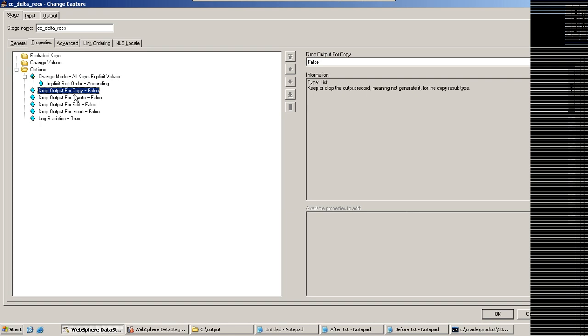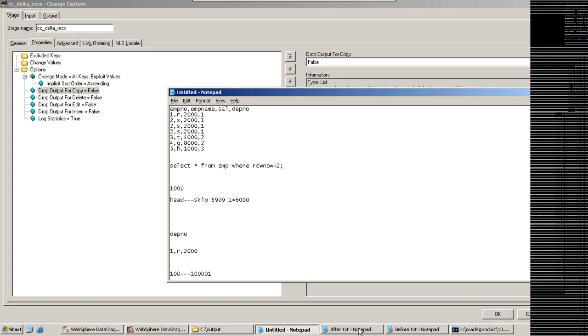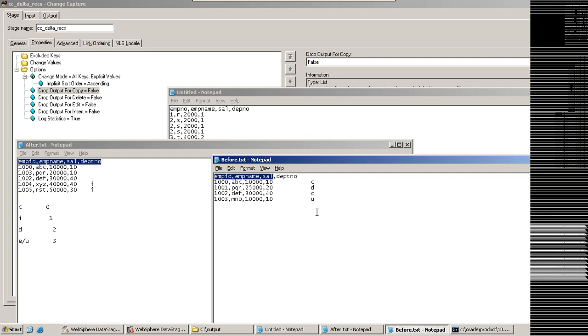Similarly, drop output for delete means whatever records have been identified as delete, don't move them to the target. Similarly for edit and similarly for insert. This is the flexibility that you have got. If you don't want to move inserts to the target, drop them. And by default, I told you for copy 0 will be used, for insert 1 will be used,